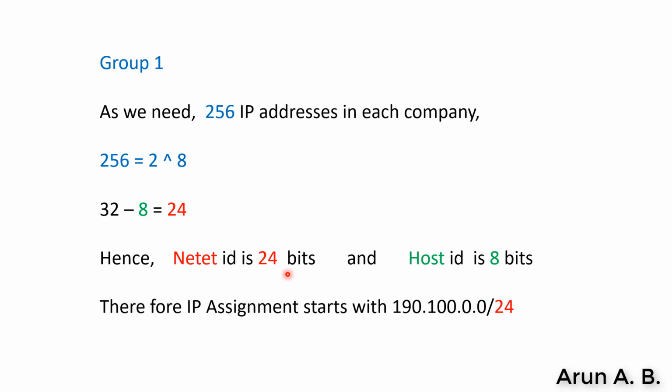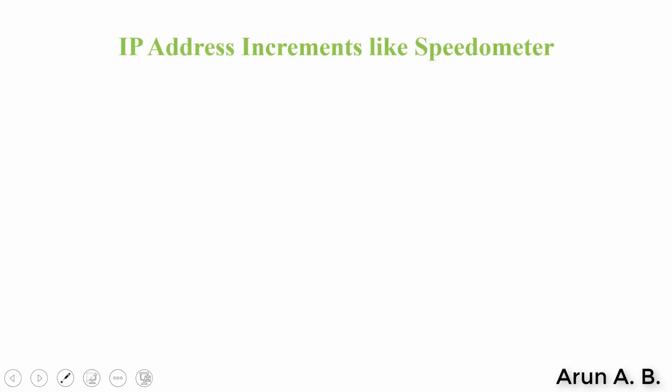In this one, therefore, IP assignment will start from this, that is, we have the IP address 190.100.0.0/16 there, because we have 2 to the power of 16 hosts in the complete network, whereas for group 1 we require only 24 bits as network address. Therefore the IP address for this will make use of this /24. This indicates 24 bits are network bits in this group. Now let us assign the IP addresses. So first IP address, the company.